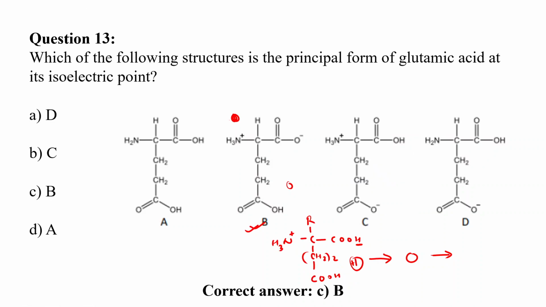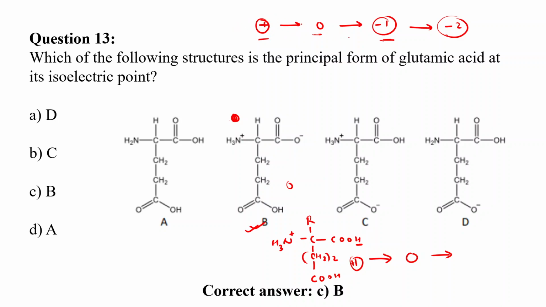Okay. So if I have a +1 form, then I have a 0 form, then I have a -1 form, then I have a -2 form. So these 4 forms are possible for glutamic acid, right? So this is +1, then you will have this 0 form, then -1 basically where 2 carboxylic groups are deprotonated. And then when this is also deprotonated, everything is deprotonated, then it will have a -2 charge. So since 0 is coming between this and this,